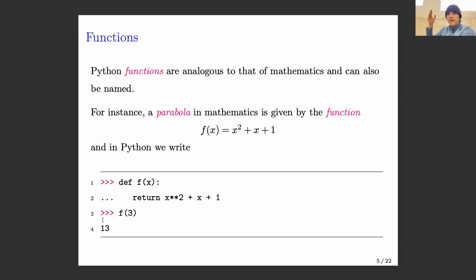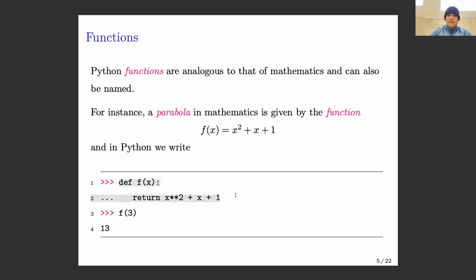Okay, perfect, right? Because it got input 0. So if I write f of 0, it's going to go 0 squared plus 0 plus 1. Now, this may seem totally trivial, but what I want to say is how functions work in Python is exactly the analogy to how they work in math. It's simply an instruction to map input to some type of output.